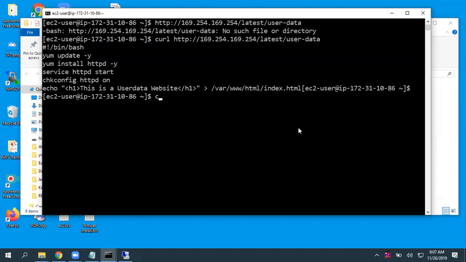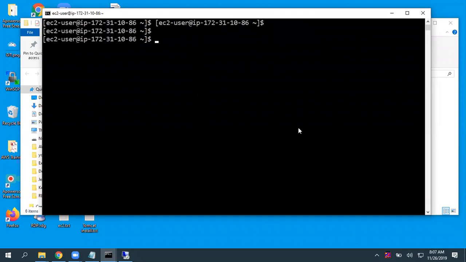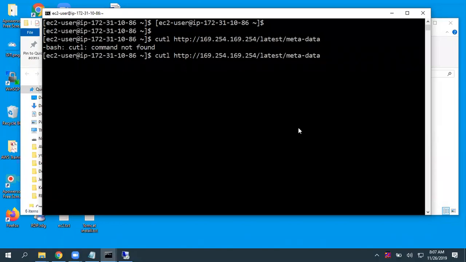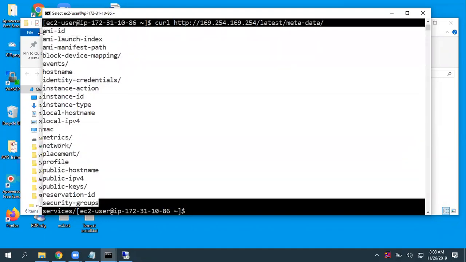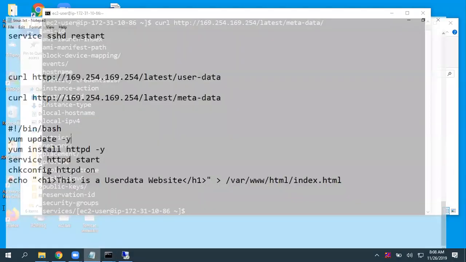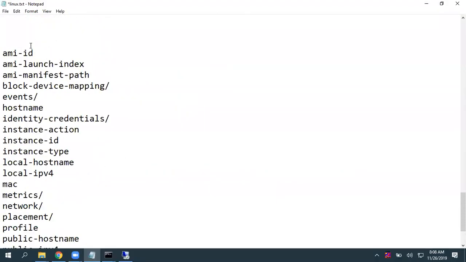So if you want to view metadata, curl http://169.254.169.254/latest/meta-data. Sorry, I gave a typo, that is curl. Okay. Now these are all the commands available. Again, you can get only this information, guys. Next to that, what information?